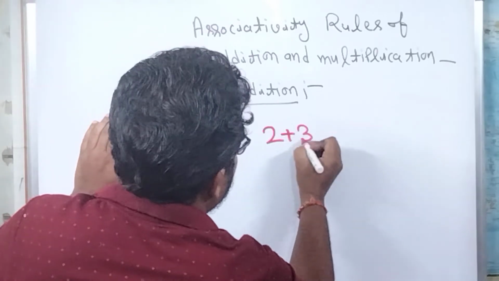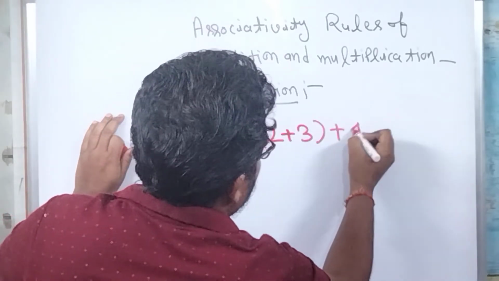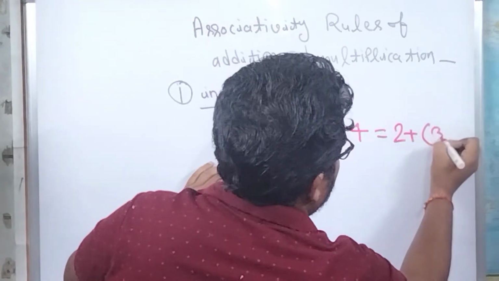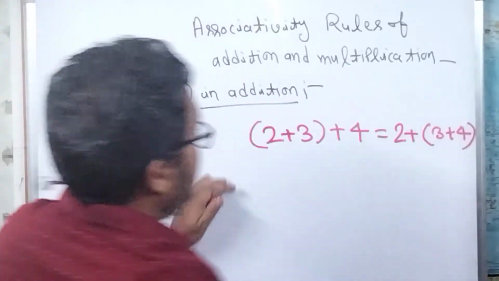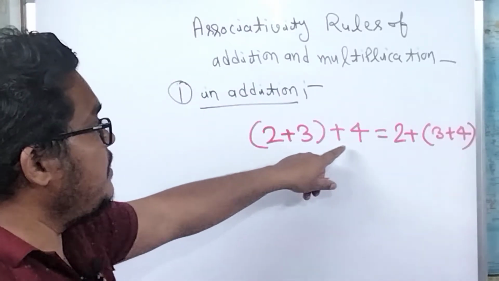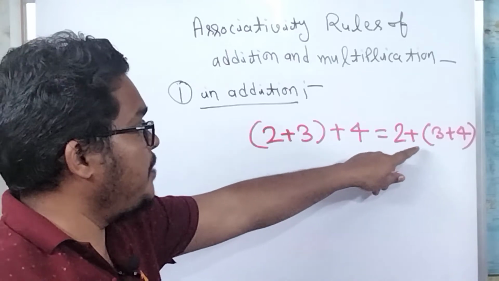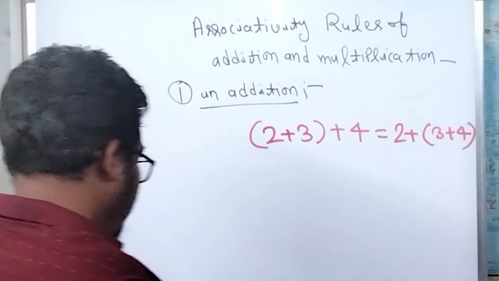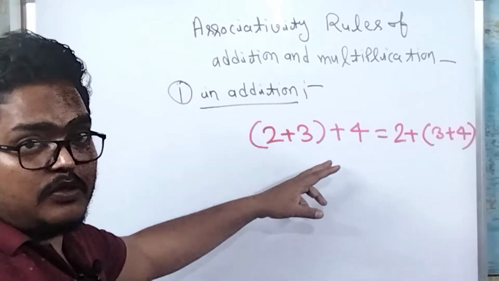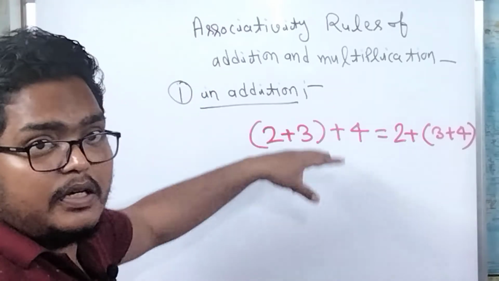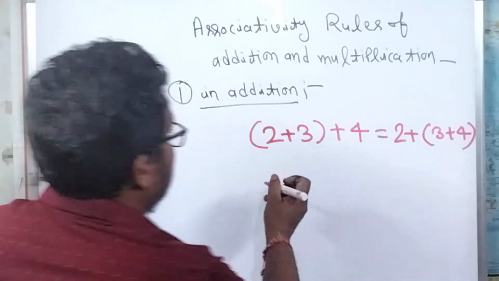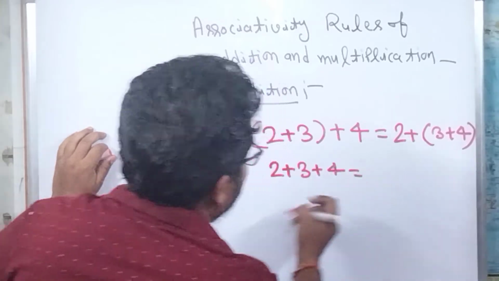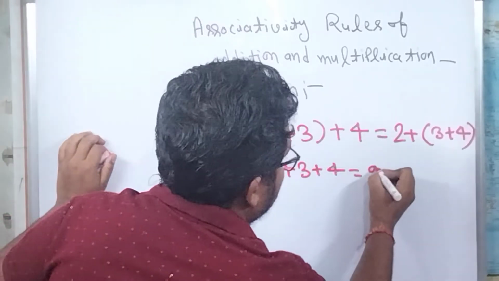Friends, in addition, (2 + 3) + 4 is equal to 2 + (3 + 4). Here these values are also equal and we find both values. Here (2 + 3) + 4 is equal to 5 + 4, which is 9, and